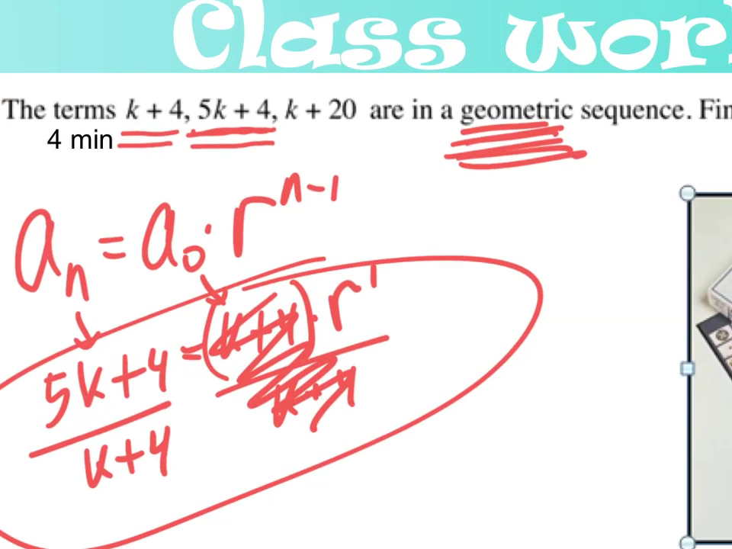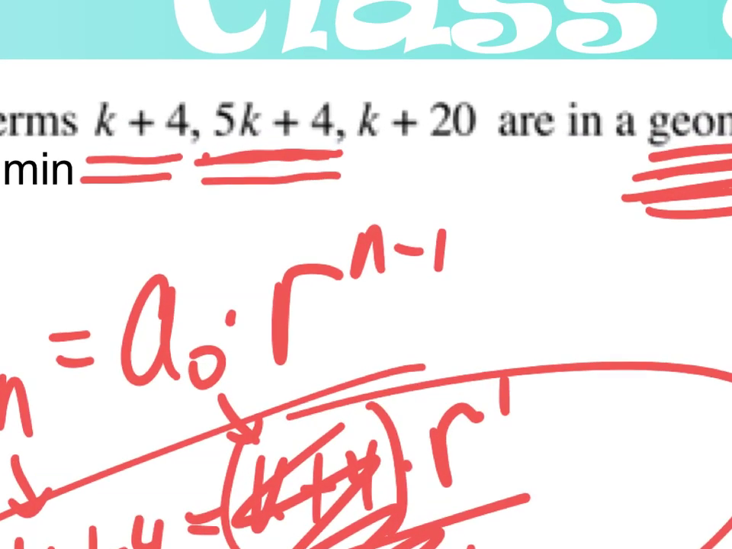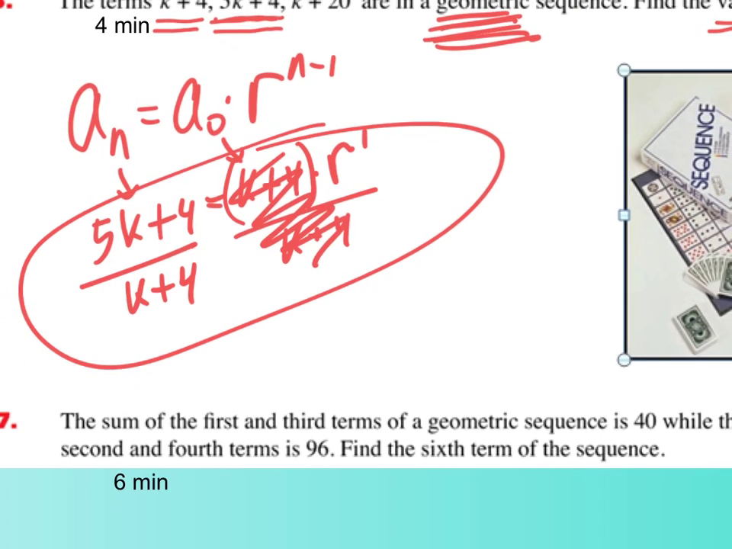Do you remember me saying at the beginning of the hour that all we'd have to do is this divided by that to see what the R was? So if we know R is 5k plus 4 over k plus 4, we know that because this divided by this should give us the R. Then,